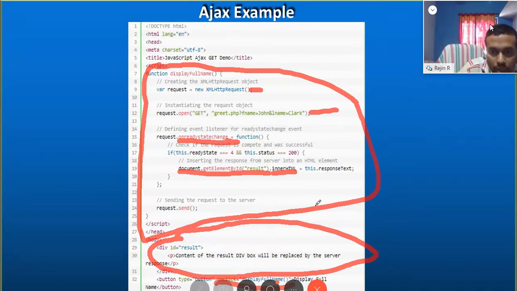And we are setting it as this.responseText, which is a property as part of that response.